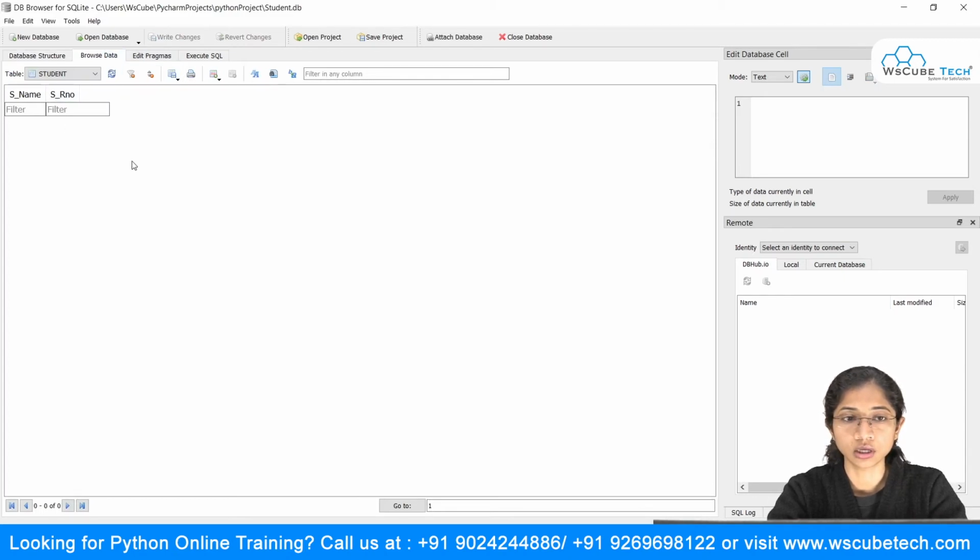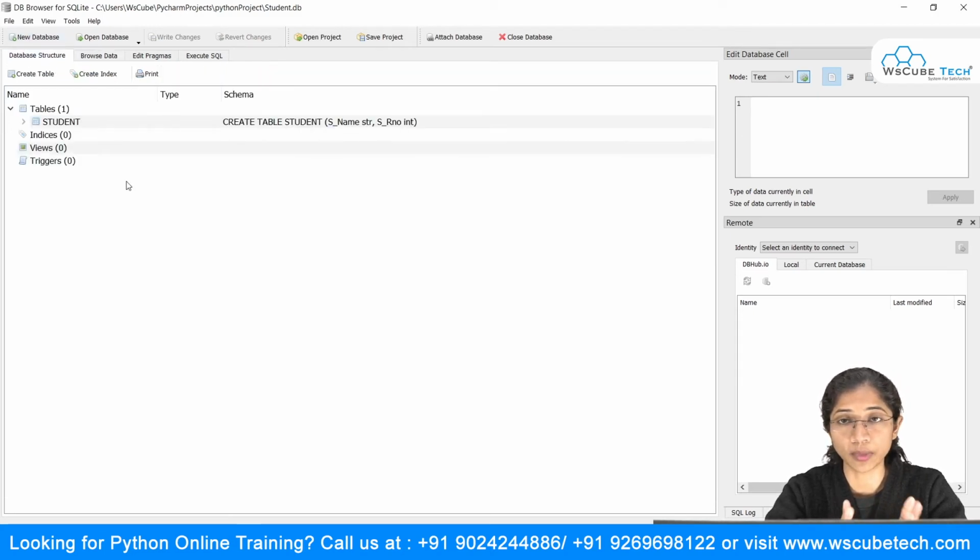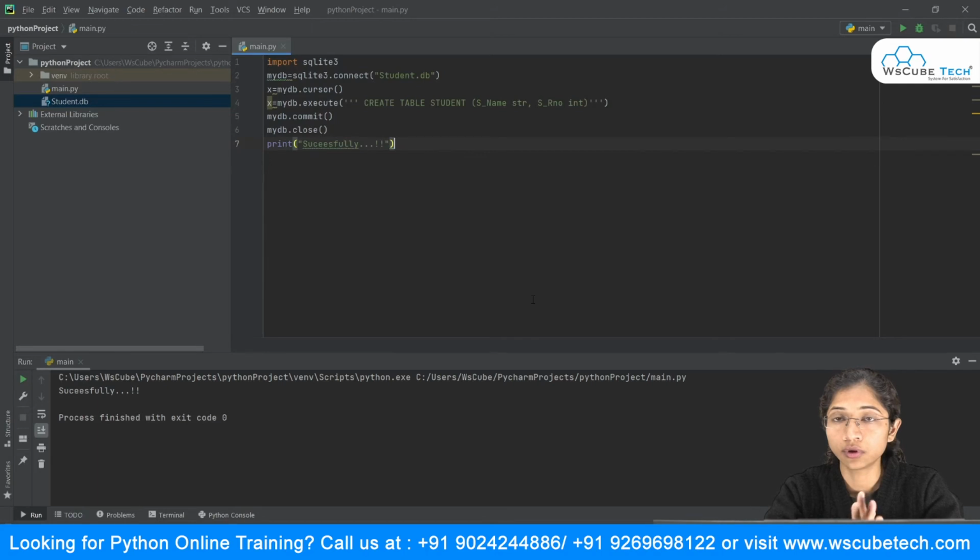But as for now, our goal was just to get familiarized with what SQLite is, how you're going to connect your Python program with SQLite, and how you're going to view those things by making use of this DB Browser for SQLite. So I will do a quick recap over here. Today we studied how you can connect your Python program with a database, and the database we are making use of is SQLite3. This is a module, and you can simply import it. There is no need to download it, just use the import keyword.